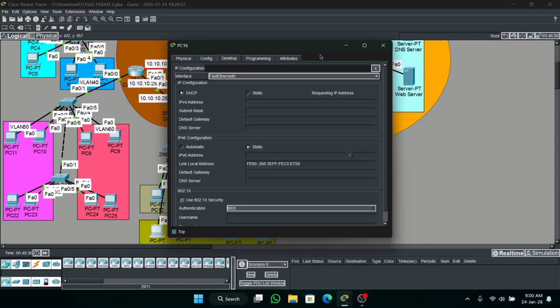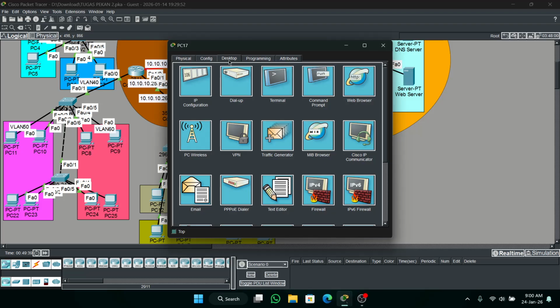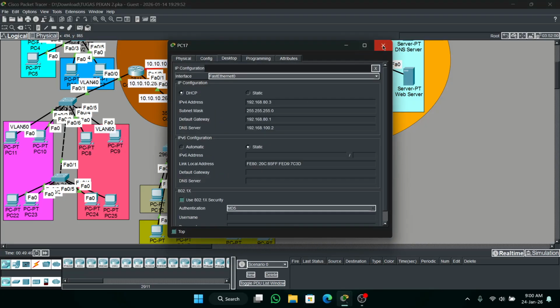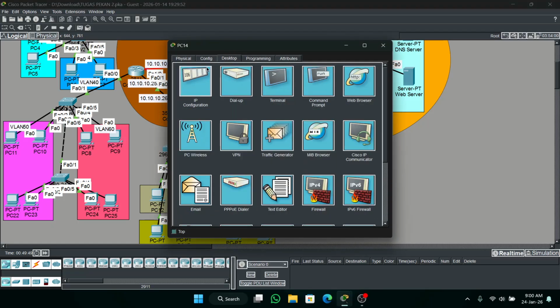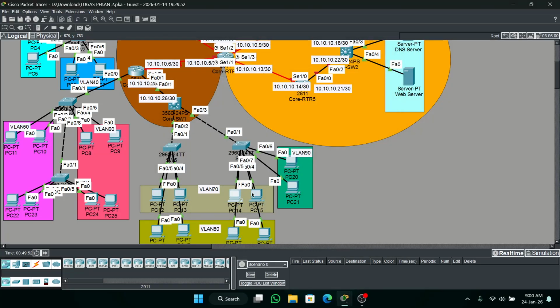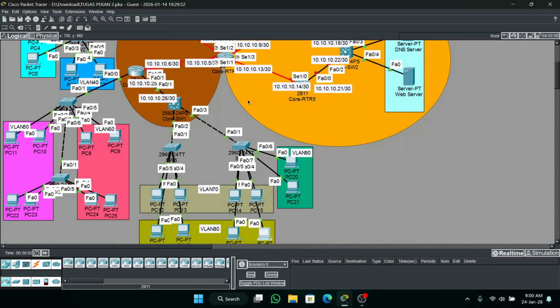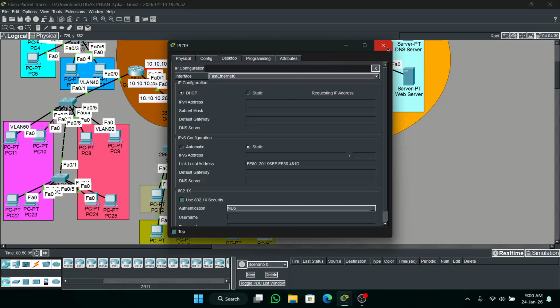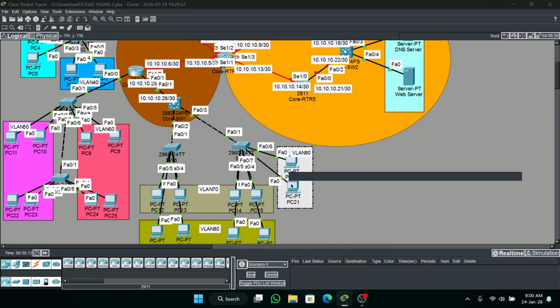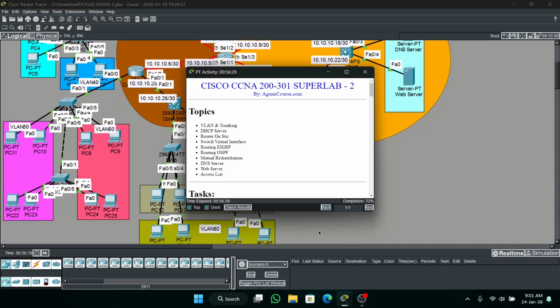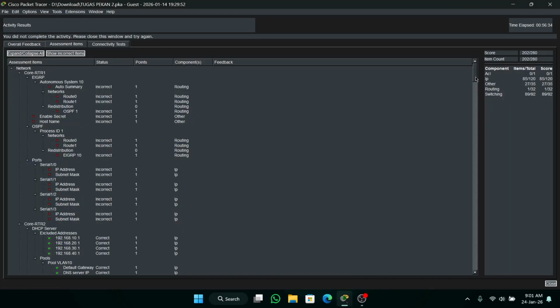Okay, how is it? Okay, no problem. Okay, check the activity 72% and check what's wrong in your configuration.